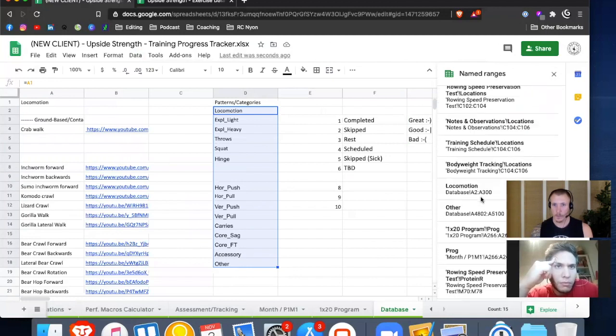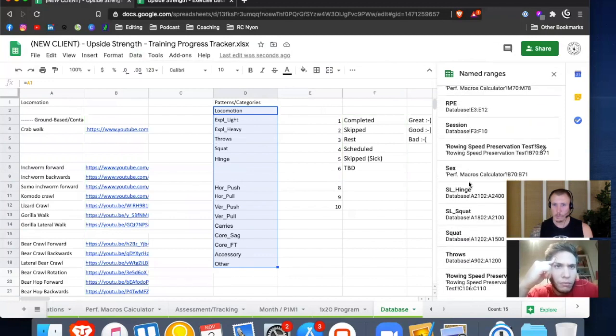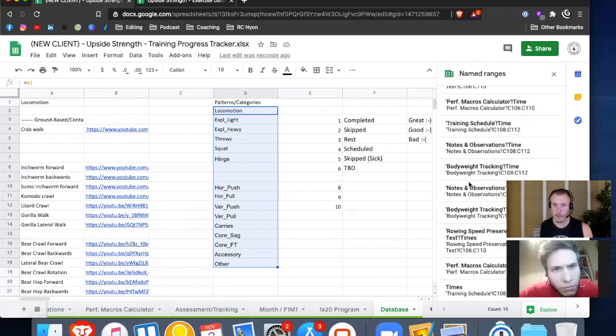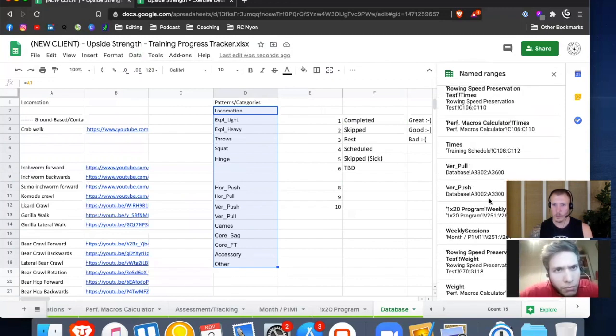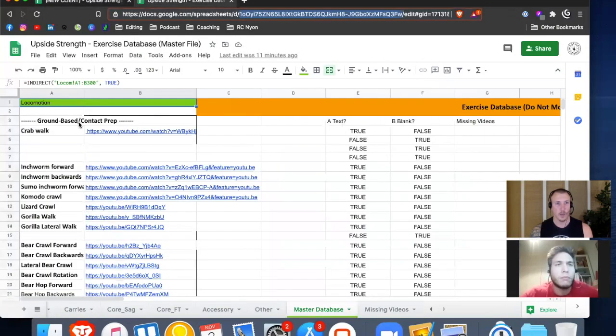If I find it, locomotion. This one is not the most important, so I'll leave it on the side. But it's somewhere in there, and then this is what I'm